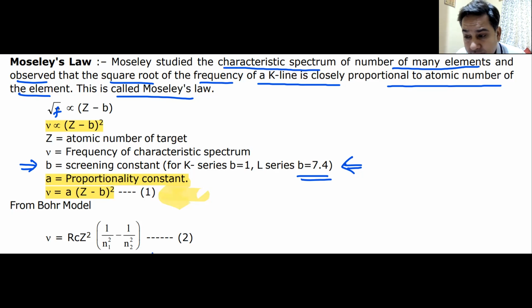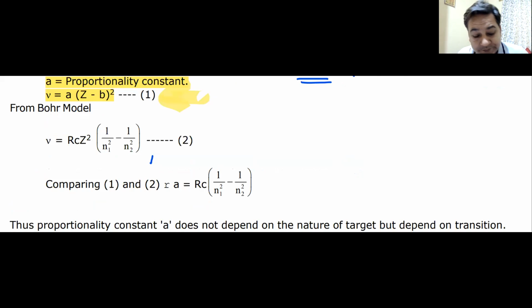Done, sir. Then we are now going to compare what you have studied, which is known as the